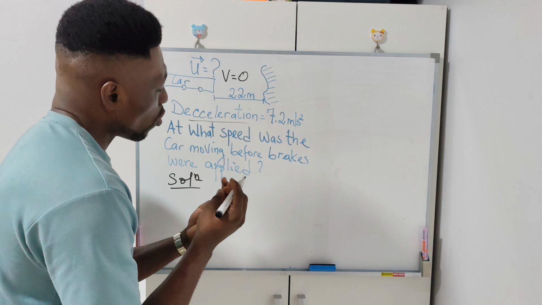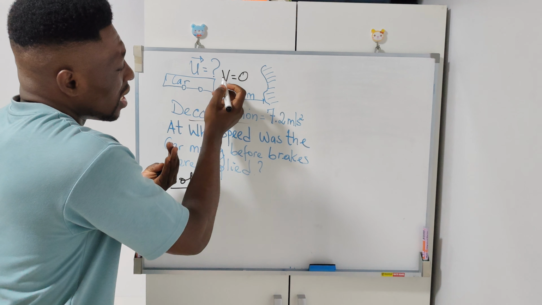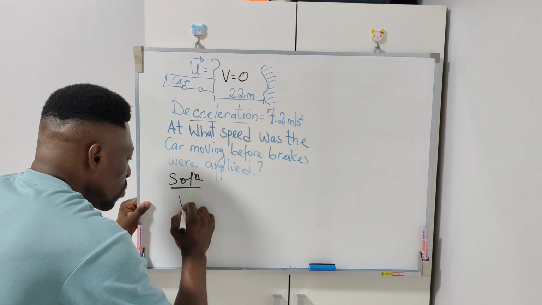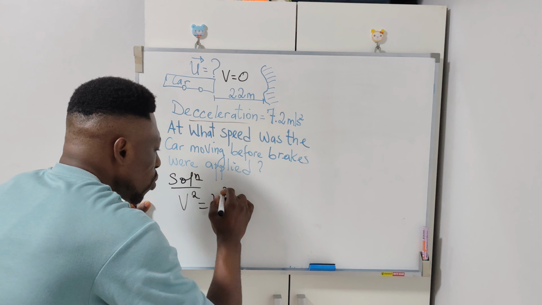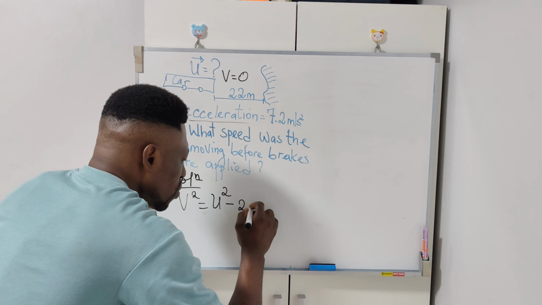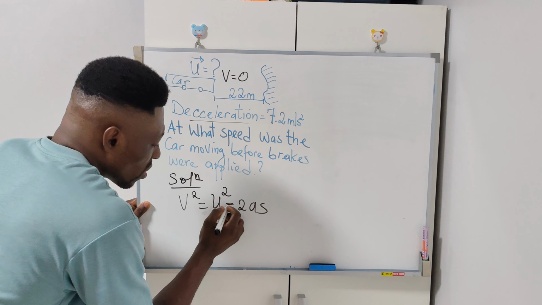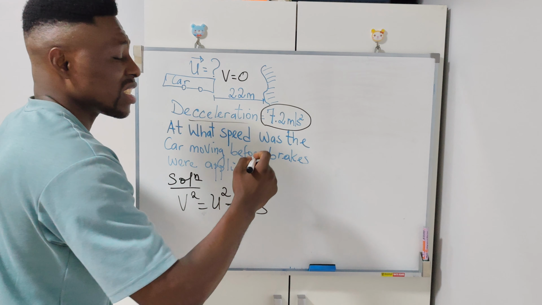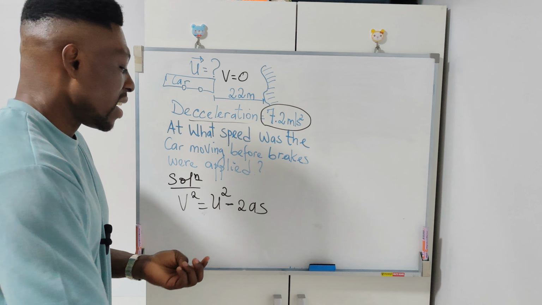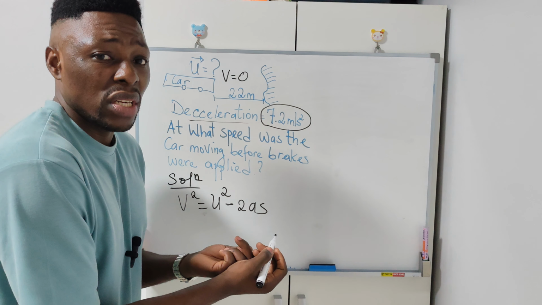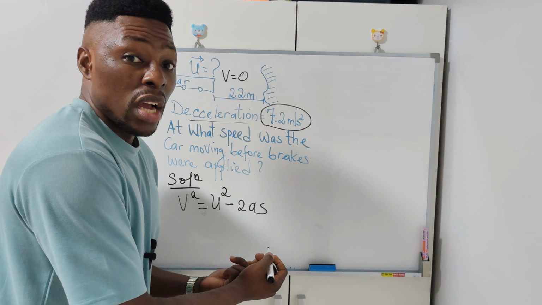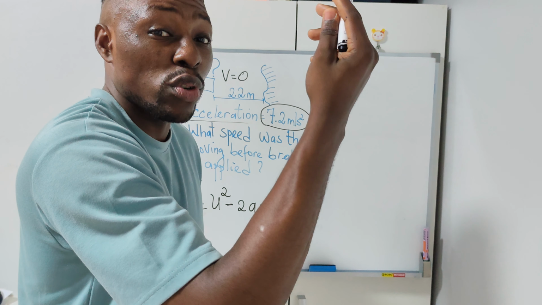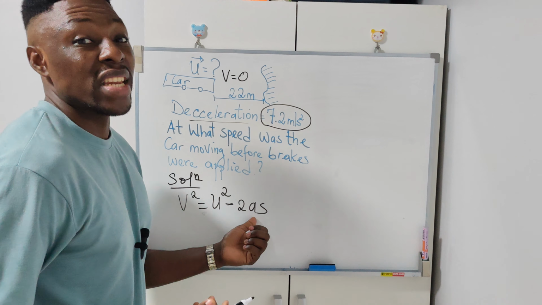Now, which of these equations are we going to use to link both what we are looking for and what we have? The best of these equations will be v squared equals u squared minus 2as. Why do I use minus? Because the question has made it clear that it's a deceleration, which is a negative acceleration. This is the same context when we are dealing with gravity. The moment the projectile opposes gravity in its initial state of motion, the acceleration is going to be negative g,